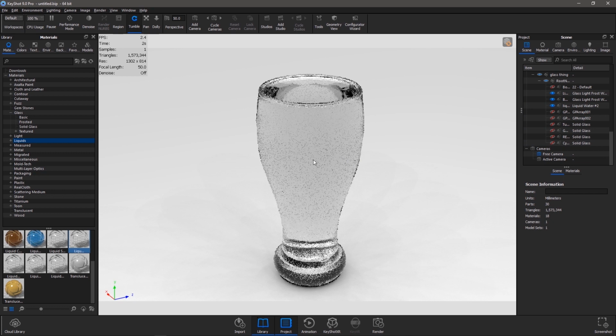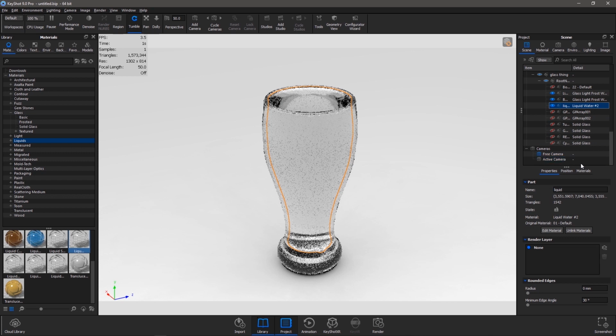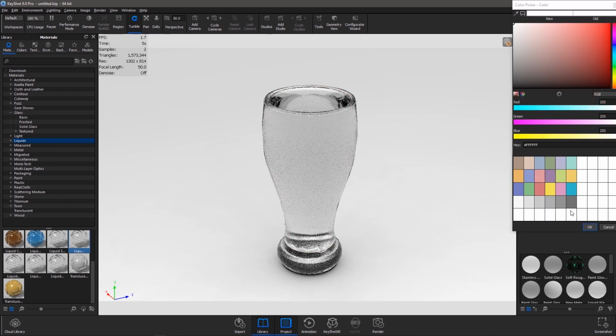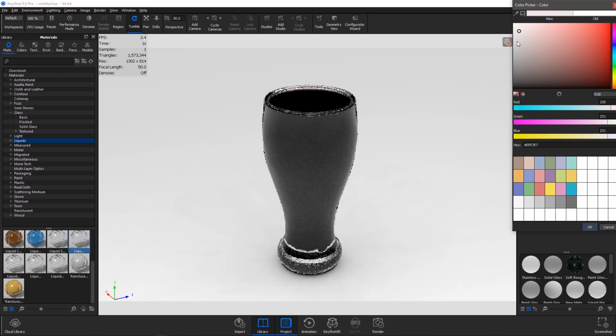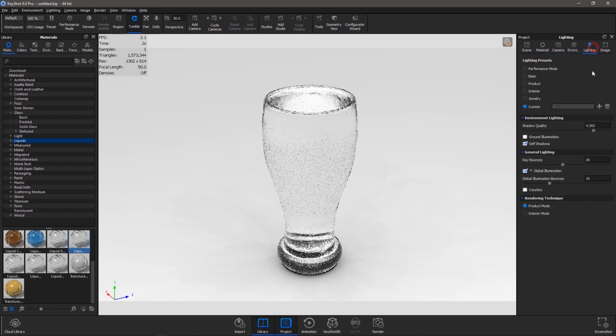The first parameter is the color out. This option controls the color of the light on the outside of the material. It is needed when rendering containers with liquid. In the example of a water glass, you will need to have a dedicated surface for where the liquid and the glass meet. On this surface, you should set the color of the glass with the transmission out settings and control the color of the liquid with the transmission settings. If the glass and liquid both are clear, set both transmission and transmission out to white.